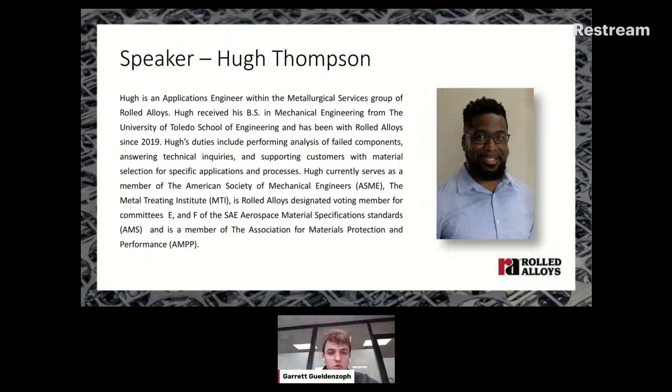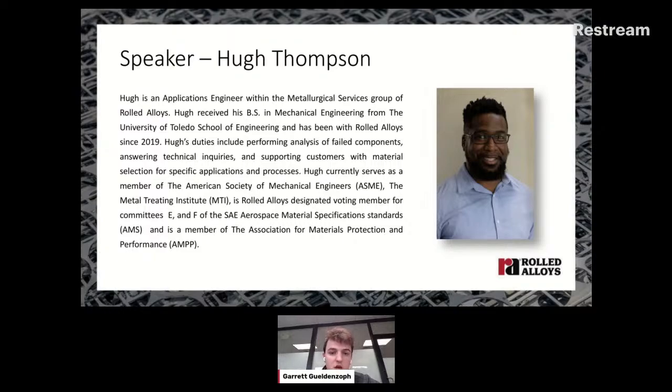Today's speaker is Hugh. Hugh is an application engineer with the Metallurgical Services group here at Rolled Alloys. He has a Bachelor of Science in Mechanical Engineering from the University of Toledo School of Engineering. He's been with Rolled Alloys since 2019. His duties include performing analysis on failed components, answering technical inquiries, supporting customers with material selection for specific applications